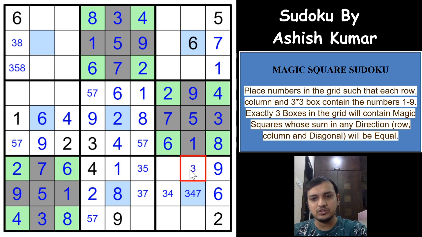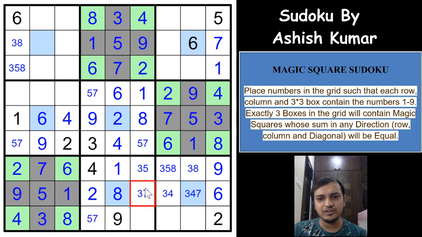5 is here, which means 3 8 and 3 5 8. So we got a triplet now, 3 5 7 triplet, which means the only digit remaining here is 6, right? Which means it has to be 6, and 5, 1 and 7 are remaining in this column, right? And 1 and 5 is here, which means it has to be 7. It has to be, give you a 5 here, a 1 here, right?